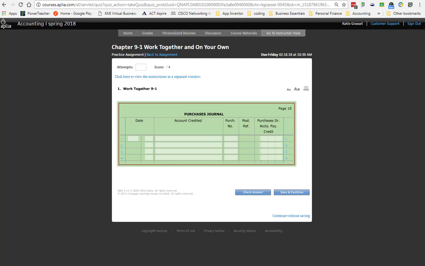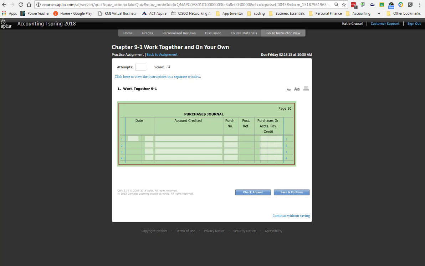A special journal means I'm only going to record one type of transaction in this journal. It makes it much easier. So we spend time first realizing how to use a journal, how to post, and then doing our end of fiscal period work. Now we're going to go through and say, all right, anytime I do a cash payment, I'm